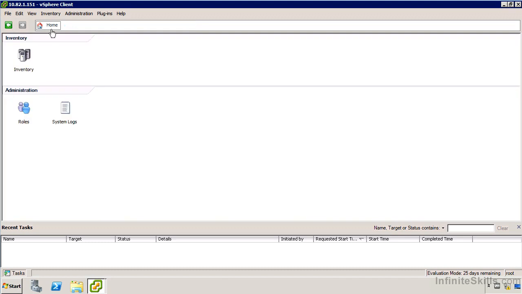Another alternative is to configure syslog collection and have all the logs of your hosts collected in a central location. That's not integrated directly into vCenter, but if you go onto the vCenter installation CD, you'll see the syslog collector is available there, and we can have that go and access the hosts